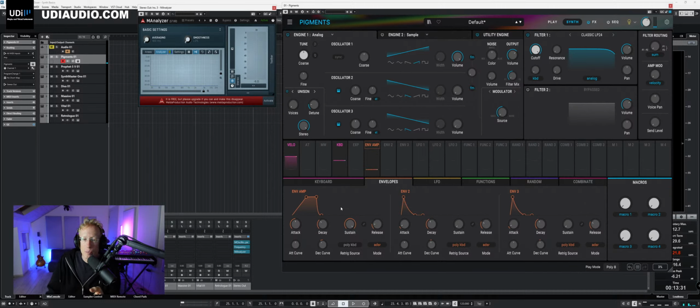And the other part of this device is the release. So we have this release right here, and the release is basically fade out. So how much time would it take for the sound to just fade away? And if we'll get this longer,